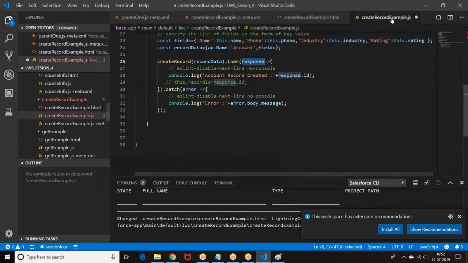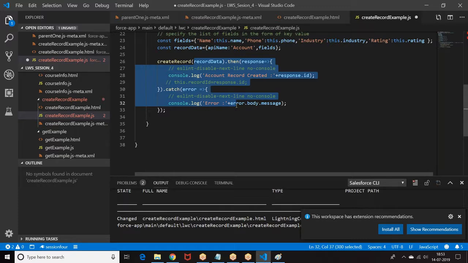It is not exactly a Lightning component. It resembles Lightning components, but it is built on web standards. Whatever structures I wrote here, except this createRecord, the rest of the structure I found from web development, web components. From there I understood these structures and merged them into Lightning components.